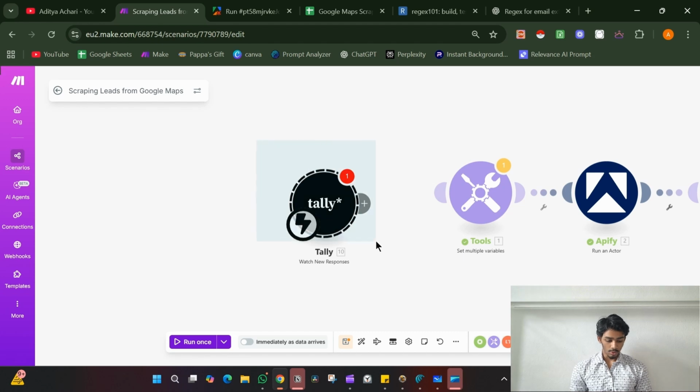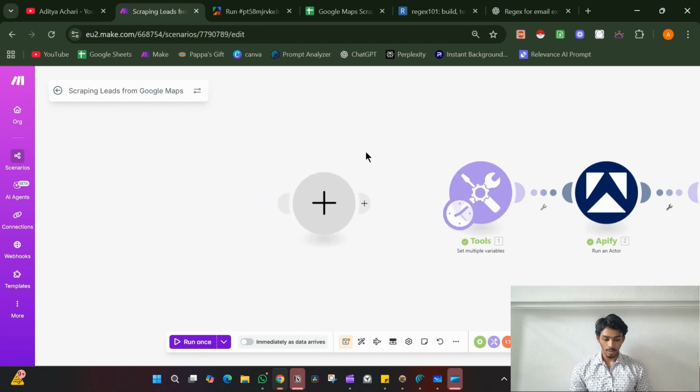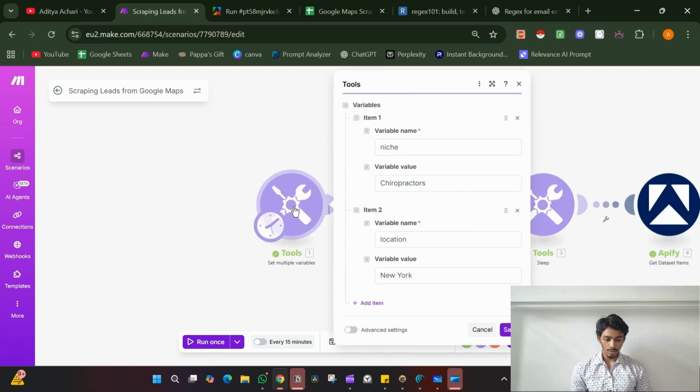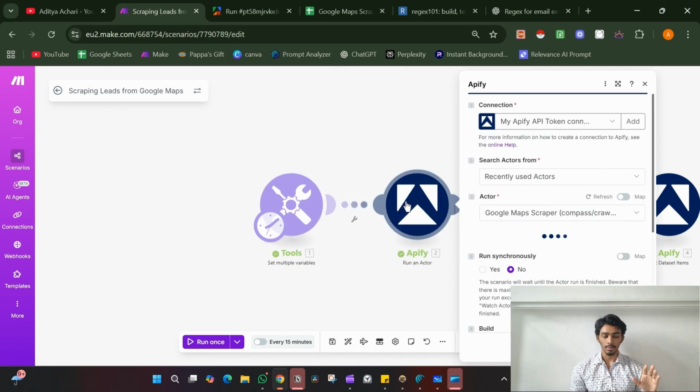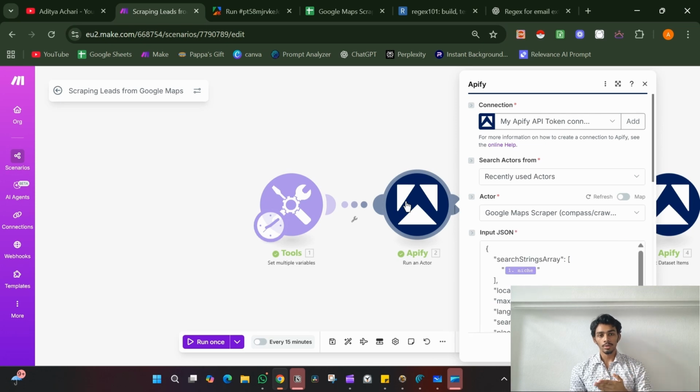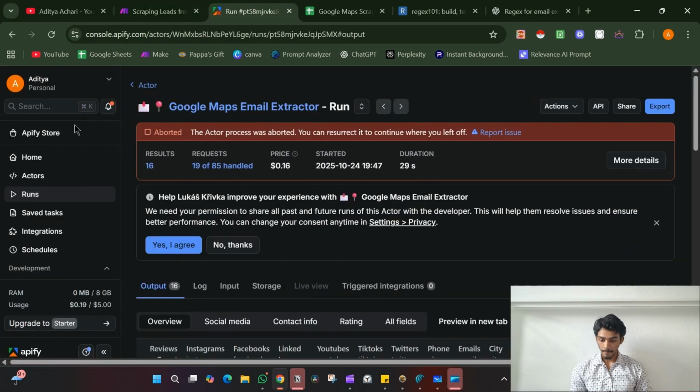So I'm just going to remove that for now, put this back here, delete this. If you see in this one, I have the niche as chiropractors and the location as New York. Then I have Apify. Now Apify is the main scraper. This is responsible for going to Google Maps and scraping all the leads. So if I just quickly go back to Apify,